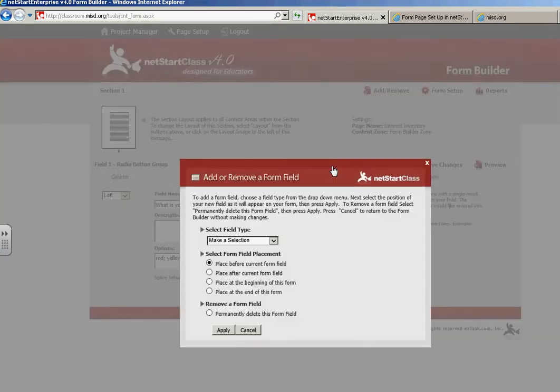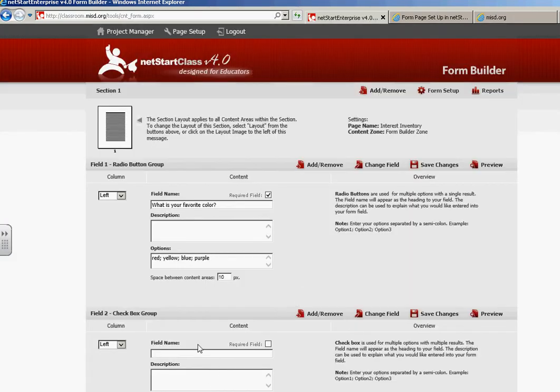Okay, so now we're going to add a new question. This time we're going to do check boxes, and I want to place it after the current question that I just set up. So I'm going to select that, hit apply. Now my next field comes up. On this one, choose your top 3 favorite sports. I don't really need a description, but on my options, I'm going to put golf,